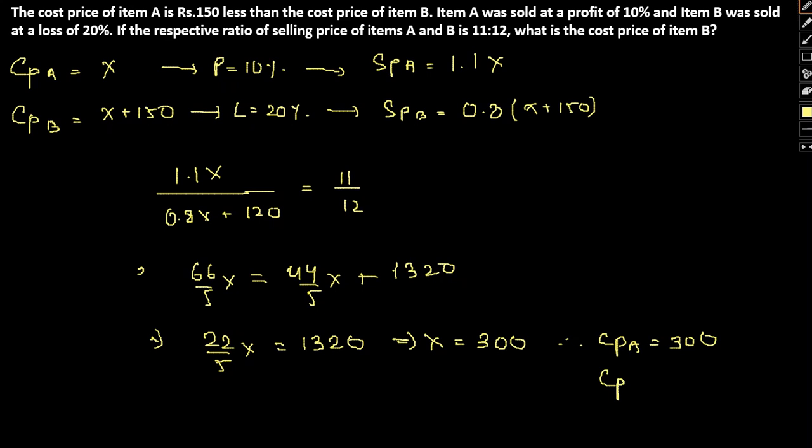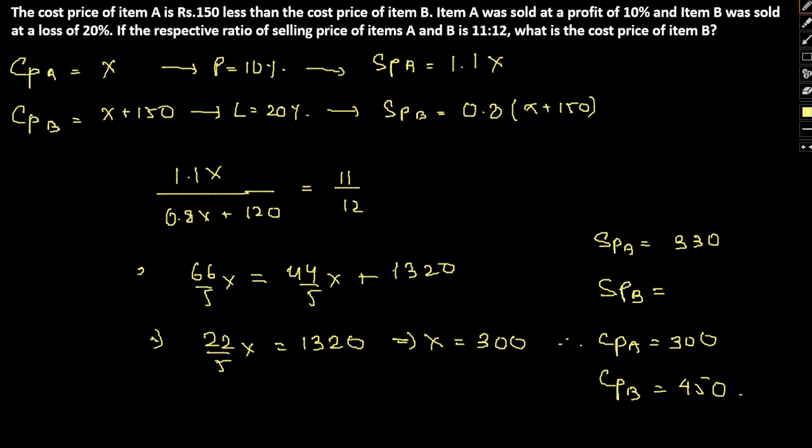Therefore CP of B will be 450. So I hope this is clear to you, as in how we came about the proportion. If we talk about SP of both as well, we can also determine the same. It will be pretty simple in that case as well. So the SP of A here will be 330 because of the 10% increment, and SP of B here will be a simple 20% loss.